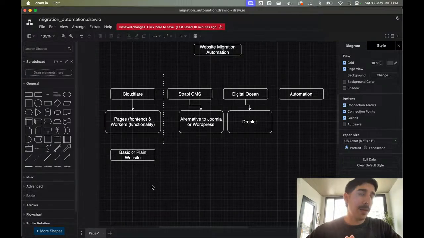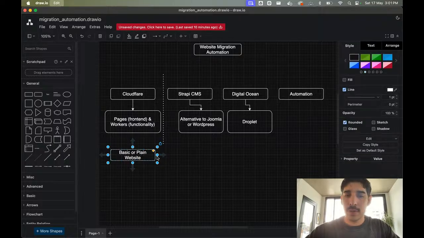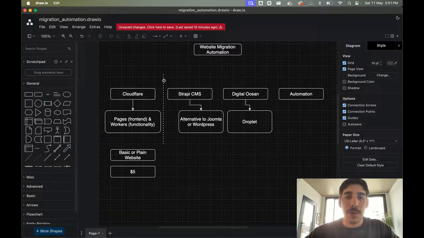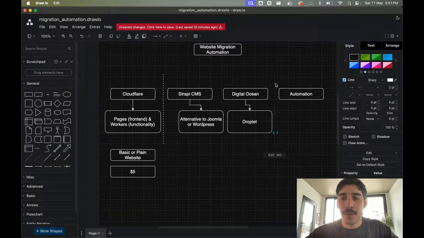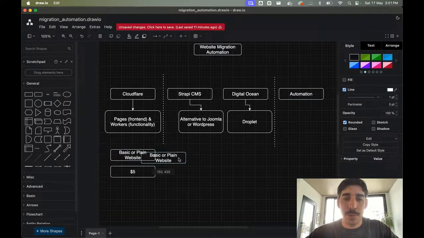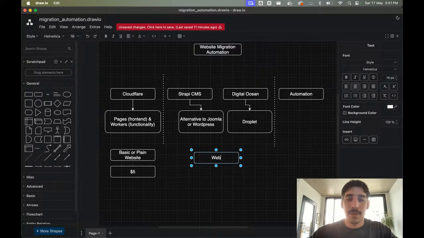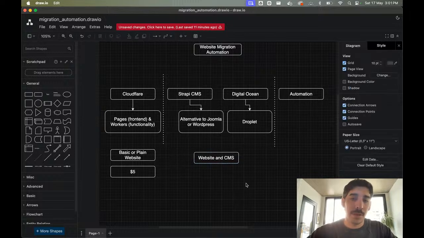And this could have one price. This could be, I don't know, say 5 or whatever. We don't know really. We could have another separation of tiers in which we have a website and CMS integration.